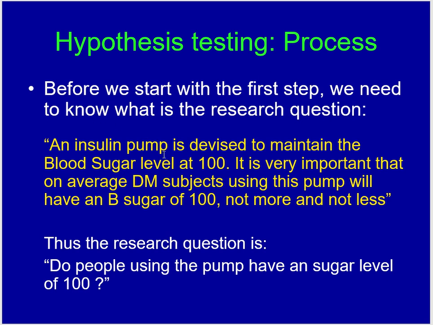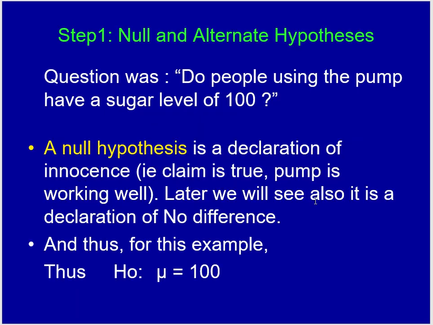An insulin pump is devised to maintain the blood sugar level at 100. I'm using 100 again here, but I apologize for that, it just has to serve. It is very important that the average diabetic subject using the pump will have a blood sugar of 100, not more and not less. Thus, the research question is, do people using the pump have an average sugar level of 100? Okay, so step number one, based on the research question, I have to write or devise a null hypothesis